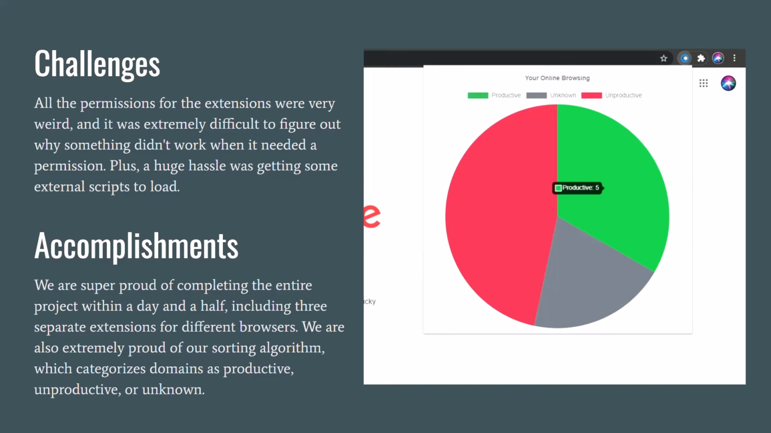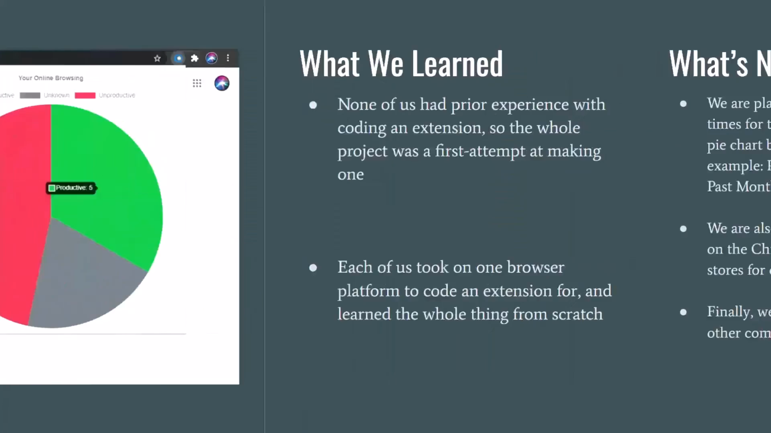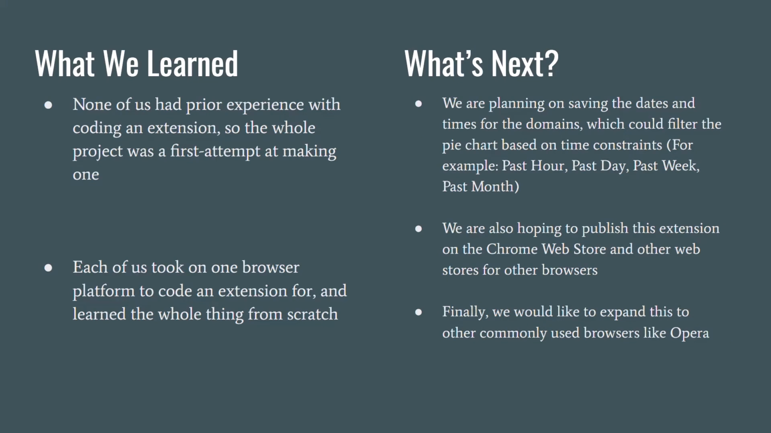One of our major challenges was figuring out all the permissions our extensions needed in order to work properly. Plus, some browser extensions blocked external scripts, which made it even more confusing. A major accomplishment was finishing 3 entire browser extensions within the span of a day and a half. We're also extremely proud of our sorting algorithm, which sorts domains very accurately. None of us had prior experience with making browser extensions, so the whole project was a first attempt. Each of us took on one browser and learned the whole thing from scratch in order to make a fully